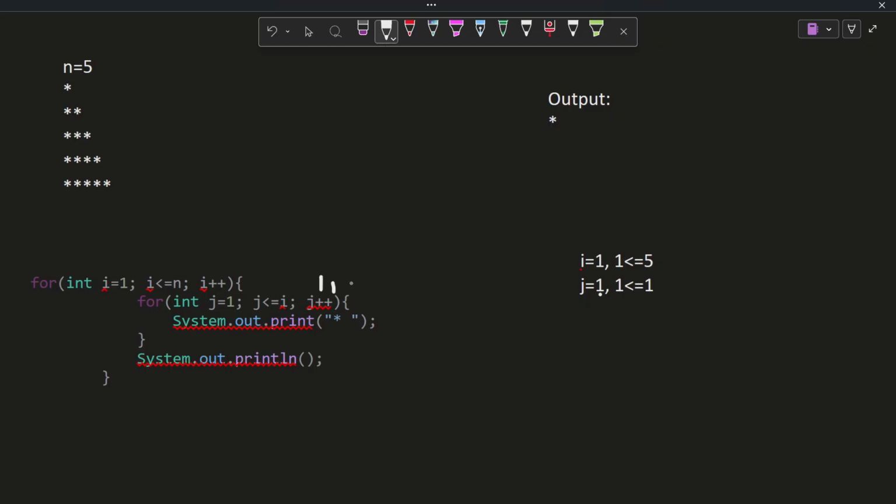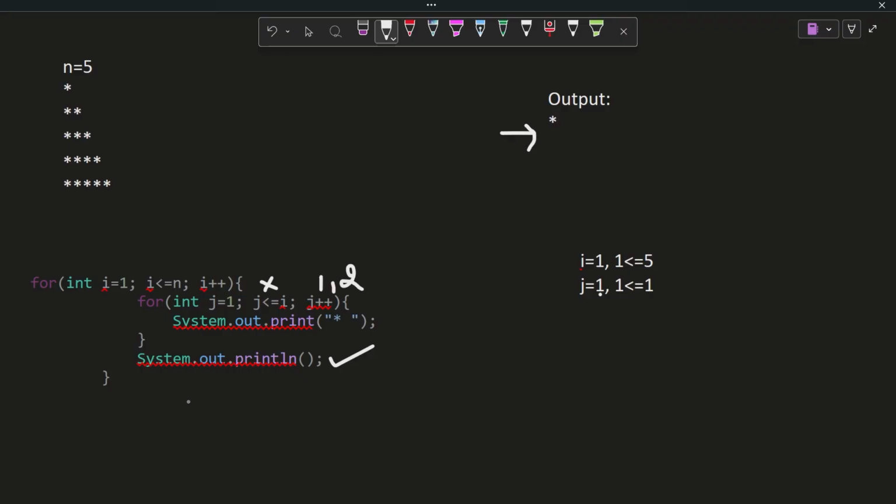When j is 2, the condition j less than or equal to i is false. So the inner loop will not get executed, and finally it will come to this statement, which means the cursor will move to the next line.